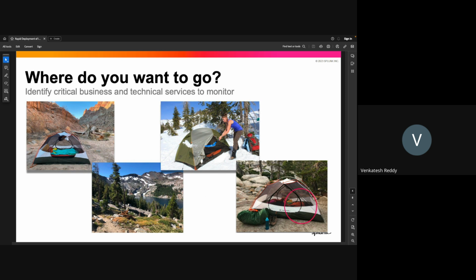We should not overpack, because the weight also counts for us. So we want to make sure what things we need, and we pack only those things, and we implement those by having some experience.